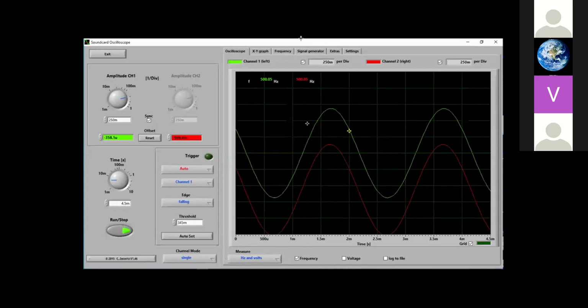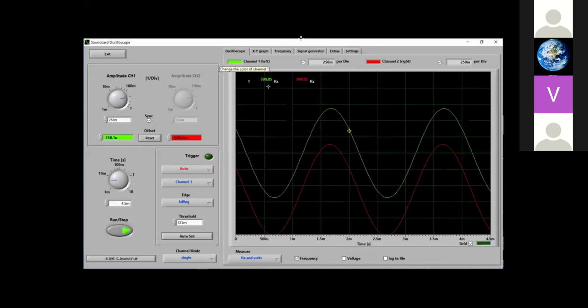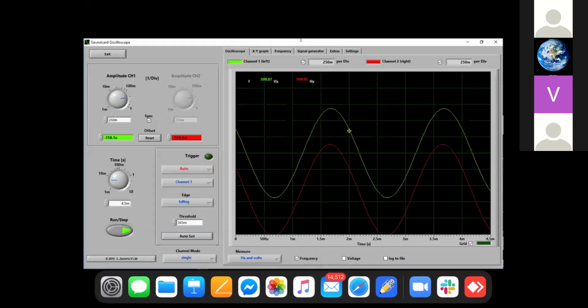So if any of the students are getting any value other than 500 hertz, because we have set 500 hertz over here, like 501, 502, okay, this small variation is okay. If you are getting any other value, just tell me in the chat menu. I will just wait for 20 to 30 seconds, then I will move further.